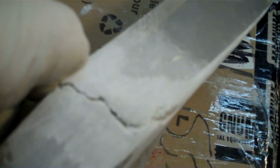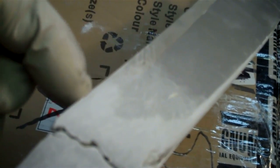Now the other thing that I need to do, notice how this gap right here, I've got to put pressure along that gap so it draws it back in. So actually what I'm going to do is grab some really strong fiber packing tape. I'm going to tape along this edge and then loop it back over this way to draw it back in, and then I'll glass this backside first with pressure from my packing tape,